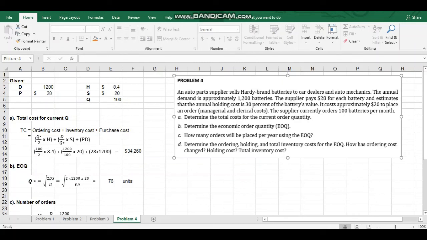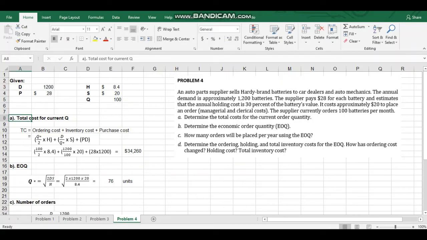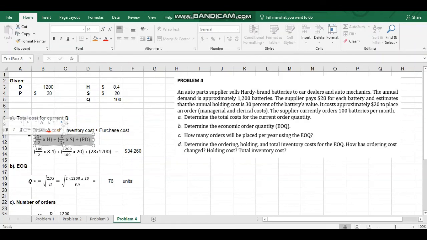So the first one, we have to find the total cost for the current Q, which is 100 units. They are asking how much the cost is if we are using 100 as our order quantity. Just like the previous one, we have to sum all of the costs: ordering cost, inventory cost, and the purchase cost to find the total cost. And still using the same equation, all the numbers for the components are already given. Q is 100, and for H, the holding cost or inventory cost or carrying cost, is